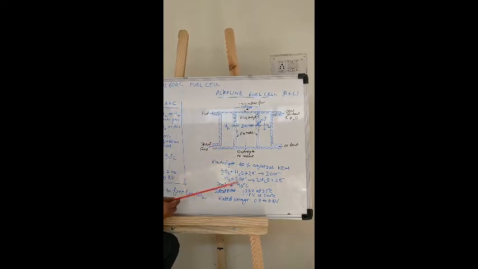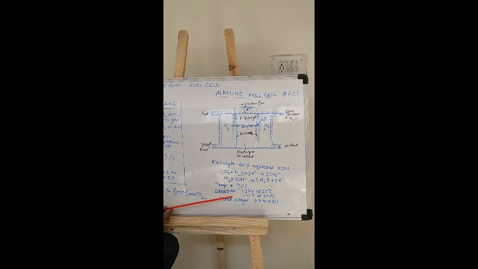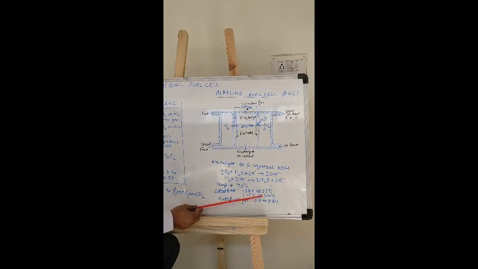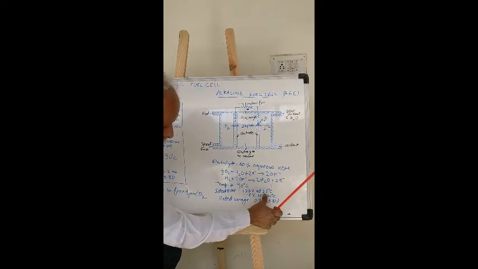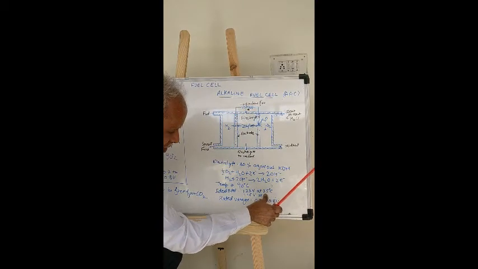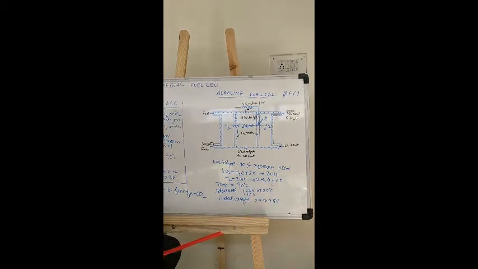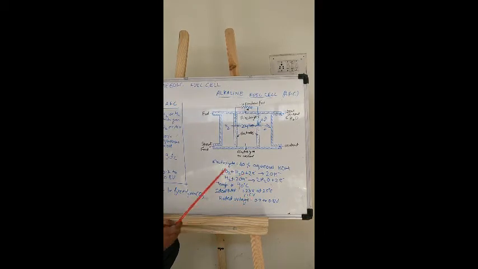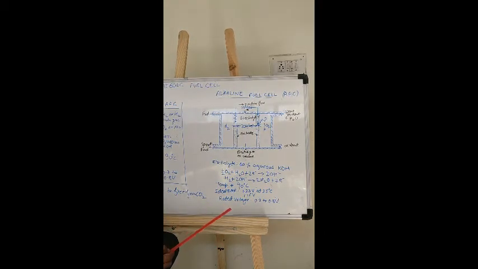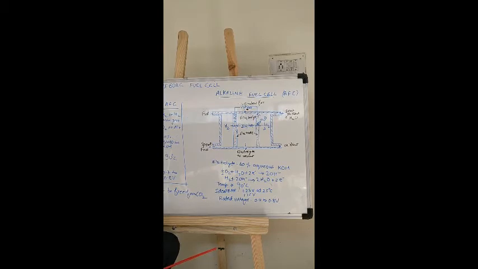If we consider the EMF generated during the alkaline fuel cell, it is similar to phosphoric acid fuel cell, which is written here. Ideal EMF is 1.23 volt at 25 degrees centigrade, and since this fuel cell works up to 90 degrees centigrade, so it could be up to 1.5 volt. Rated voltage, actual rated voltage obtained is 0.7 to 0.8 volt. So this is about the operation of alkaline fuel cell.